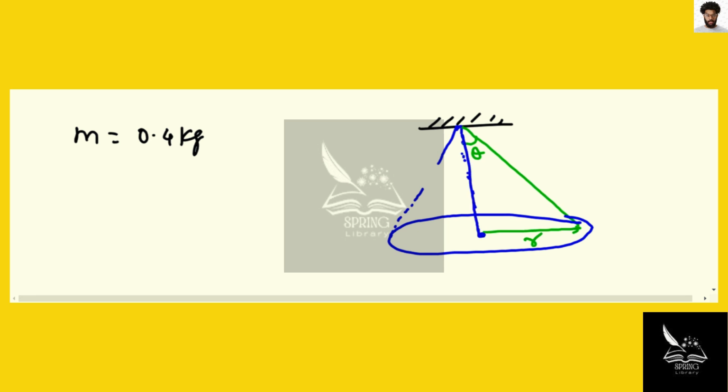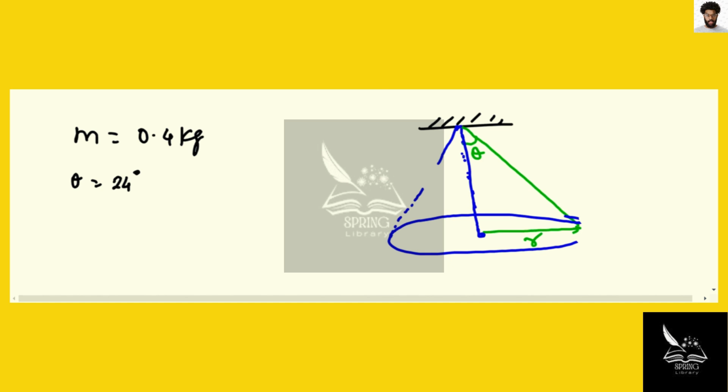Now theta is given as 24 degrees. We need to find the tension in the string, the velocity and the rotational frequency. What is the velocity and the rotational frequency of the mass? Let us see what else is given. Nothing else is given. So